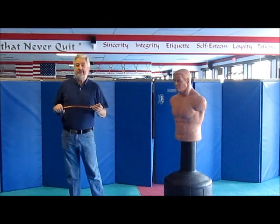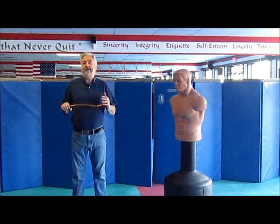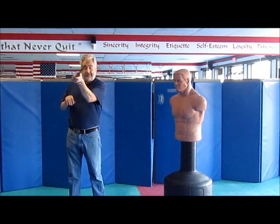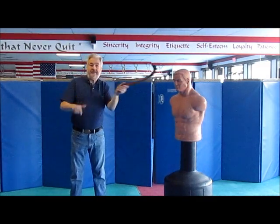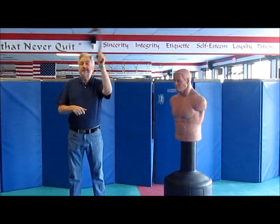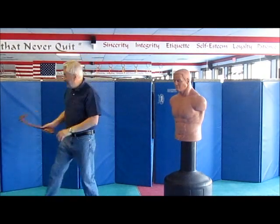From there you can go into rotundas, they're called. It's really, for the Filipino martial arts, like a move called rotunda. It's very simple, with your wrist type of move. You can see your hand is always behind the striking tool, and it's a very short type of move. I'll use this on Bob. Actually, I'm going to use